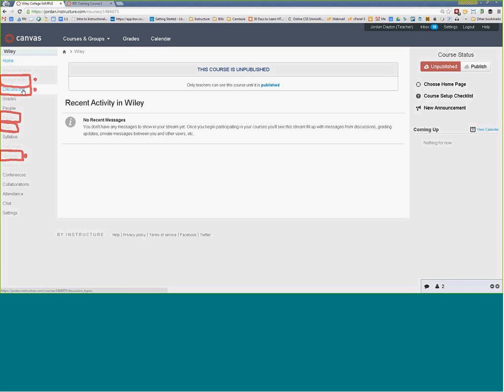Discussions allow you to create a topic in a forum, and students can respond to that topic, see what other students have responded, and then have a conversation about it, back and forth, in a discussion format. And a quiz assignment type will allow you to ask the students questions and get answers. My favorite part about quizzes is it allows you to have automatic grading, depending on how you set up the quiz, as long as you don't have any essay questions, which you can use, and that might be fine, but